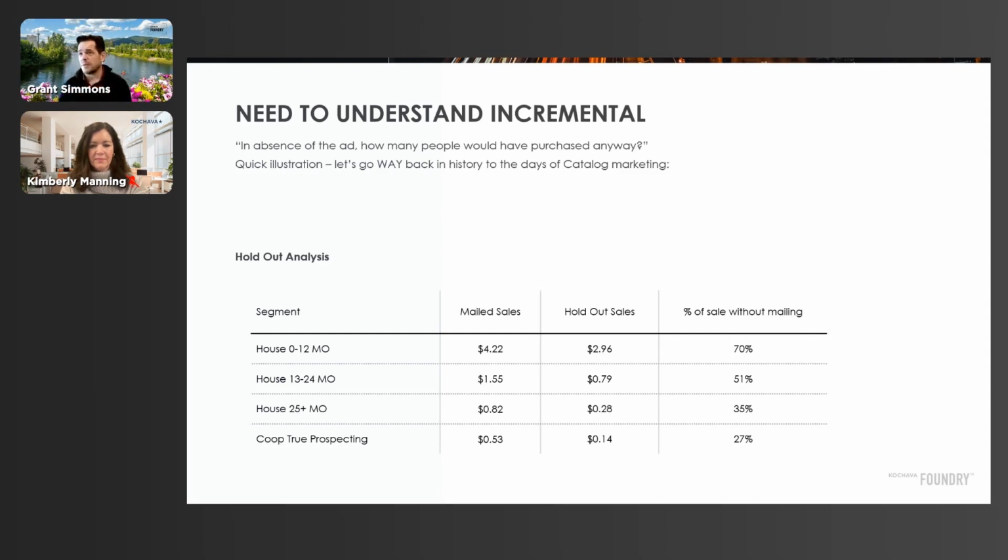And so typically what most catalogers would do, and what most specialty retailers would do, is you would collect your entire house file. Give me everybody who's ever purchased from me previously. And we're going to start cutting them into groups. For instance, we'll take everybody who purchased from us in the last 12 months off our house file, right? Folks who have purchased from us previously. And we will mail 90% of them, and we're going to hold back 10% of them. And we're going to do the exact same thing on the folks who purchased from us 13 to 24 months ago, and then everybody who purchased from us a long time ago, 25 months plus.